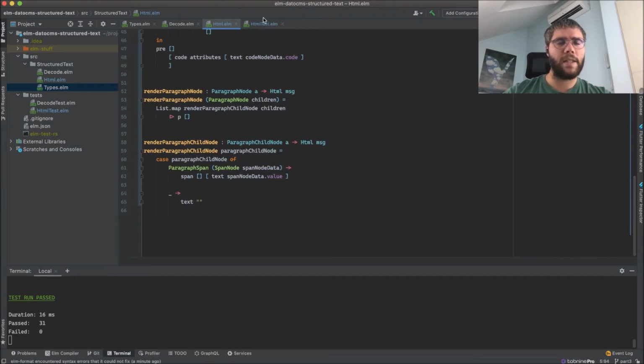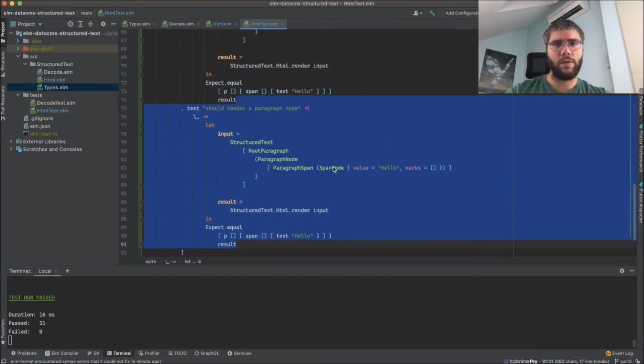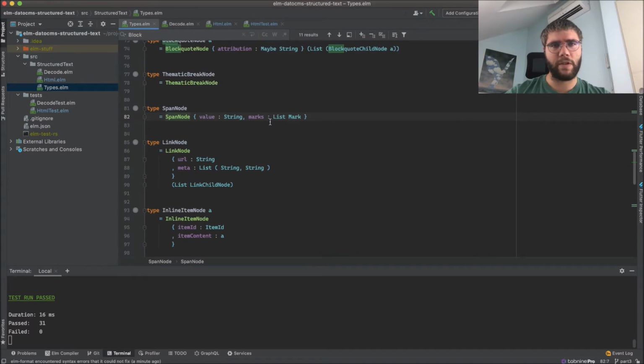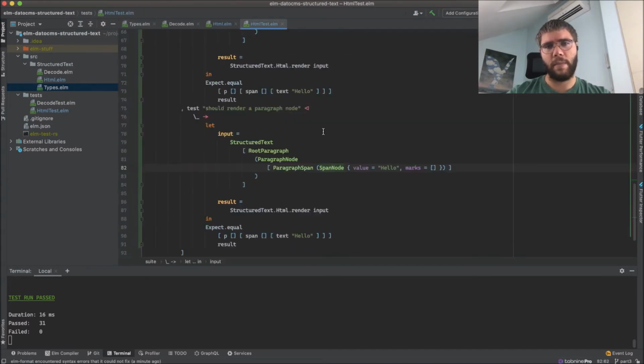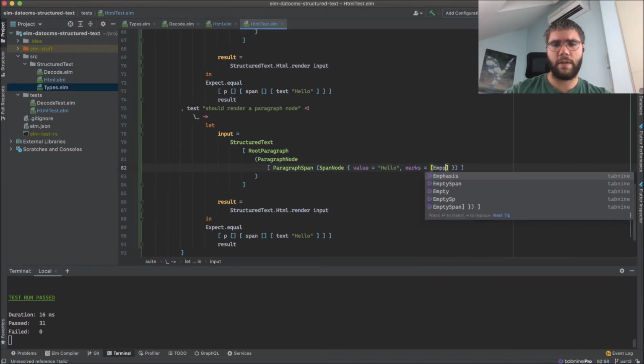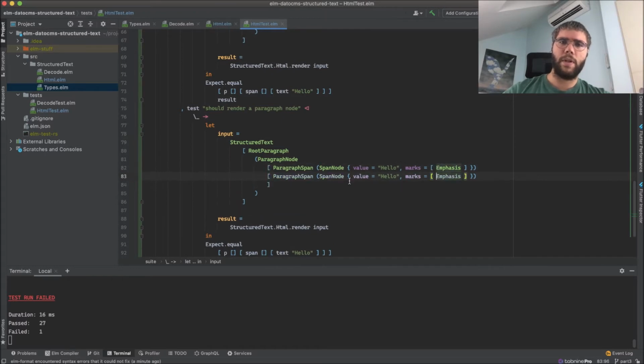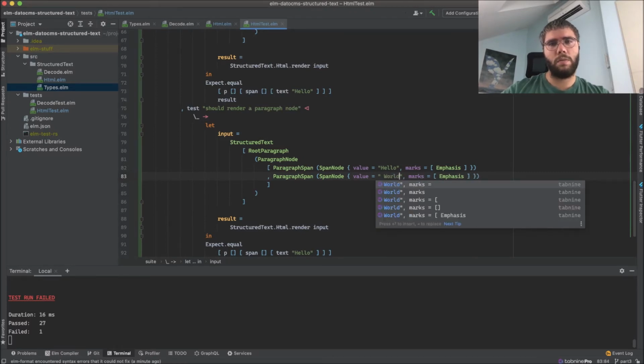Perfect. Let's add one test for the marks. I don't know if you remember, but the span node can have some marks. So it's a list of marks. Let's say that it's italic. No, it's emphasis, if I remember. One. So let's say okay. And let's add a second one, which will be world,